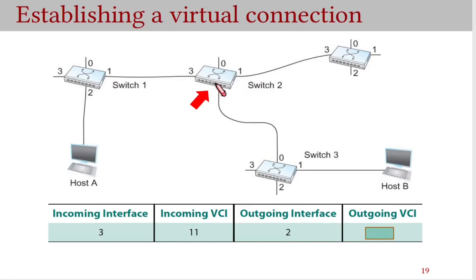And then switch 2 again forwards this acknowledgement to switch 1, indicating that it has allocated number 7 as the identifier. And then switch 1 puts this number 7, and let me just go back, sorry, number 11, I'm sorry. So this is going to be not 7 but number 11. And then lastly, switch 1 would inform host A to use the virtual circuit identifier number 5